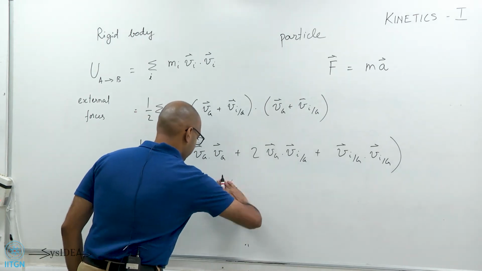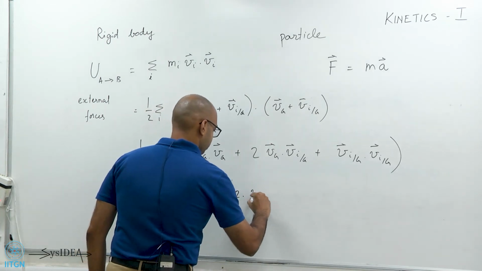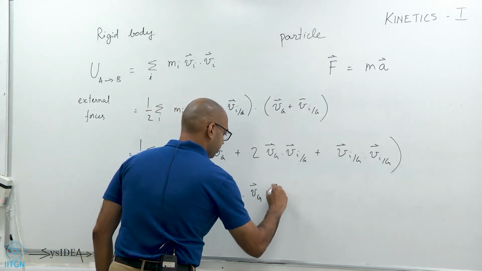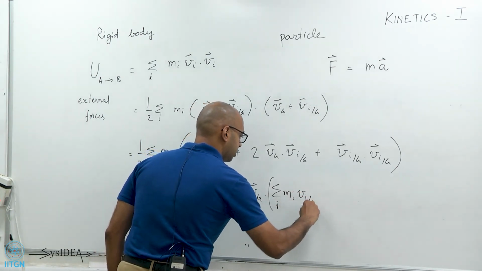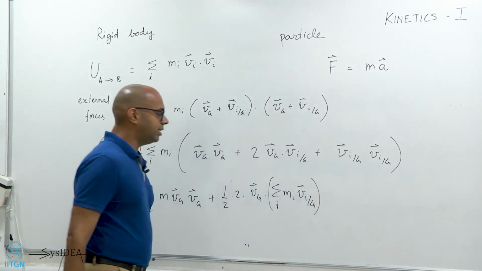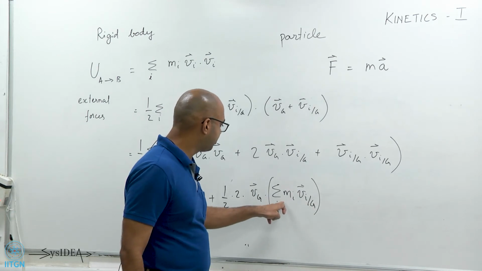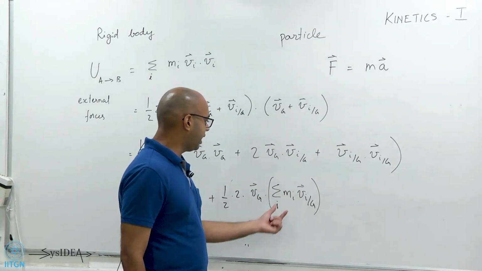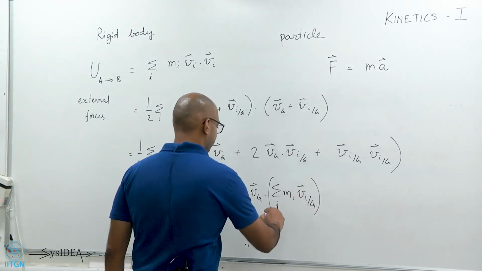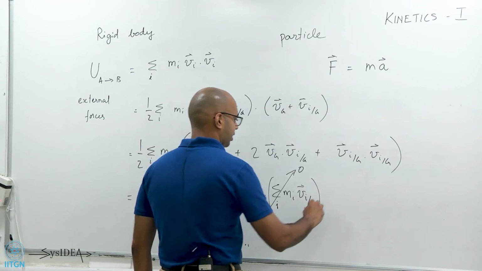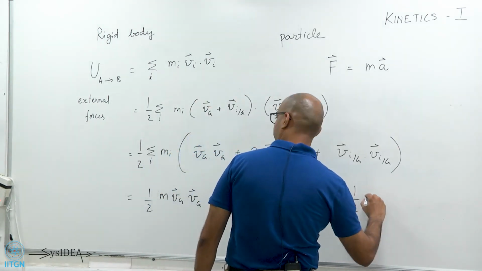I can write this as half times 2 times V_g dot with the sum over i of m_i v_ig. And this, you can see, since this is all relative to the center of gravity, will be in the end the total mass times the velocity of the center of gravity relative to the center of gravity. So this will end up becoming 0, and I will get the third term, which is half